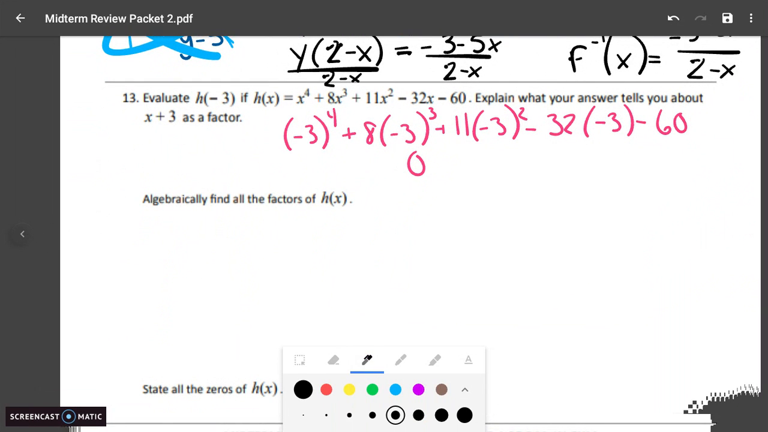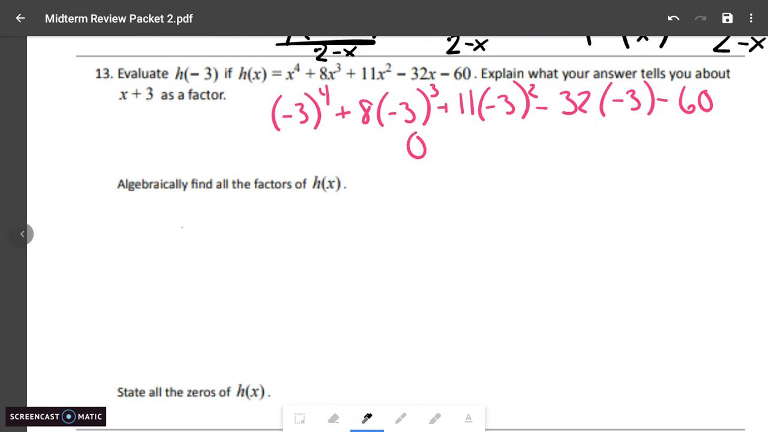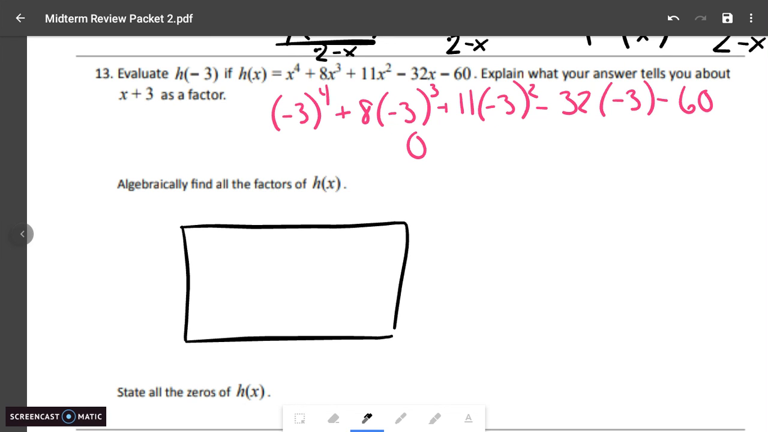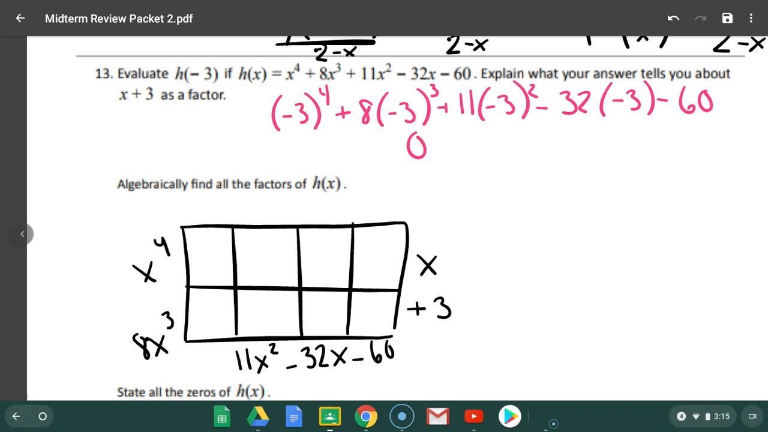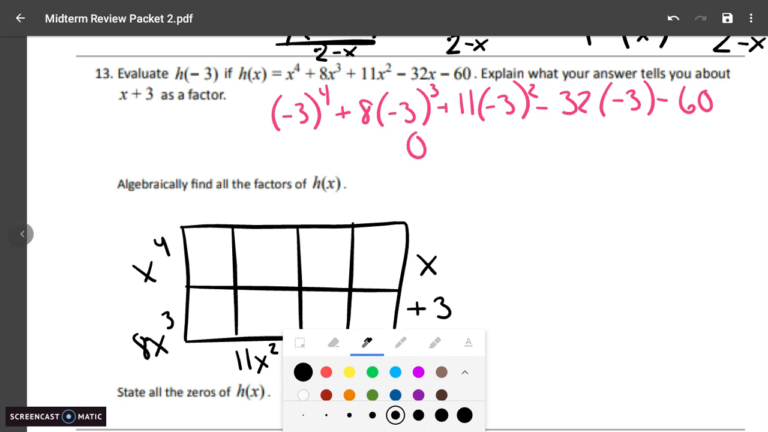Now, in this next part, we are using that factor to figure out another factor of this. So we're going to do reverse tabular because we know that it should divide nicely. X plus 3 is down the side. X to the 4th, 8x to the 3rd, 11x squared, negative 32x, minus 60. As we go through this,